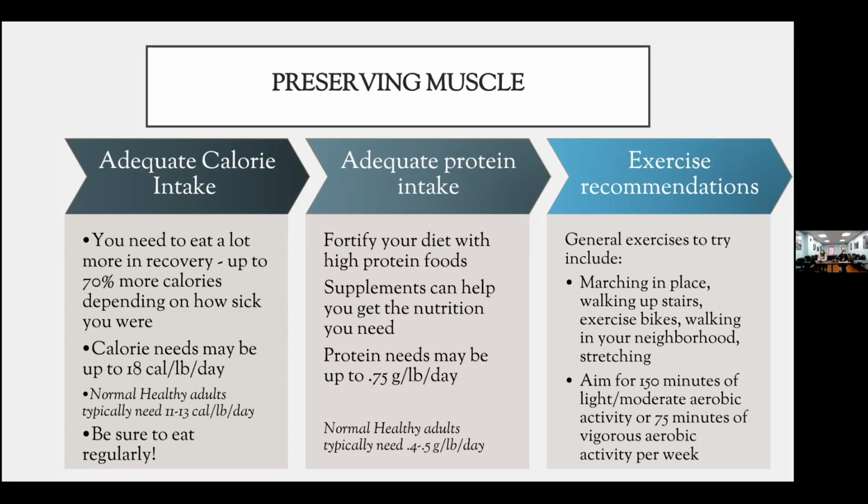So just to get a general idea of how many calories and grams of protein you should eat during recovery, you would multiply your current weight in pounds by 18 to get your calorie needs. For protein, you would multiply your current weight in pounds by 0.75 grams. So to fortify your diet with high protein foods, you may need supplements to help you get the nutrition you need and get your protein that high, because normal adults need 0.4 to 0.5 grams per pound per day